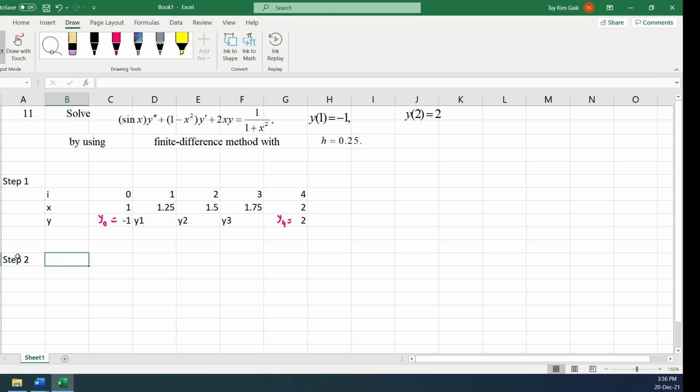Actually, if you have a derivative boundary condition, step 1, step 2, identify your y naught, step 3, identify your y4. If you have constant boundary condition, steps 1, 2, 3 are already contained in the diagram here. And then we move to step 2, to replace the second derivative and first derivative by the finite difference. Hence, you will have